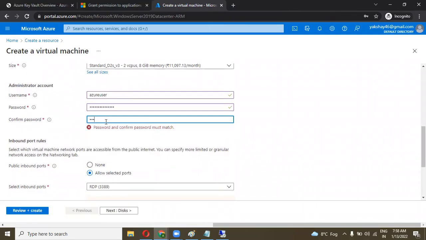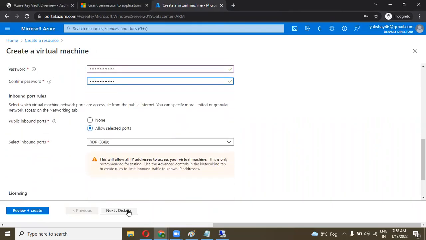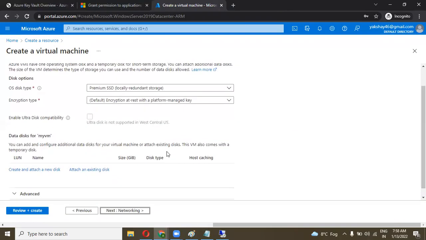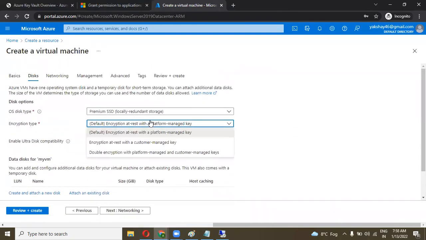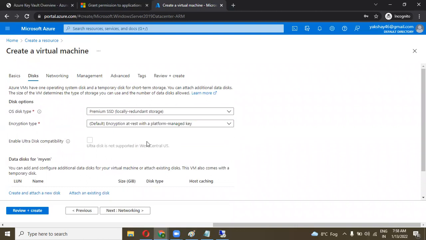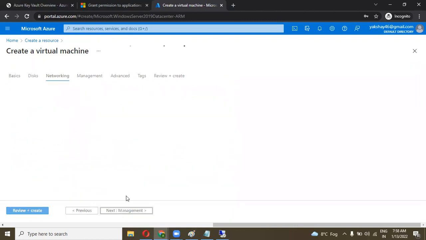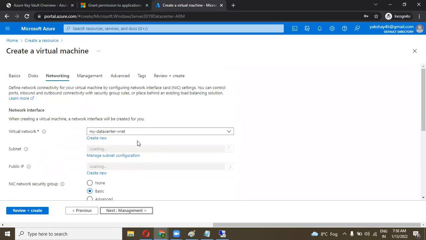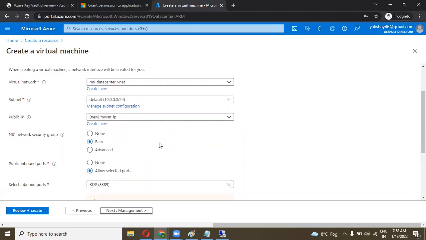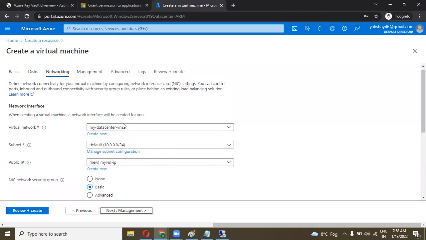Now click on next, disk. If you want to do the encryption over here, you can set the custom managed key or another. We have already seen this feature. For networking, we will learn this in an upcoming session: how can we create a custom subnet or virtual network over here?